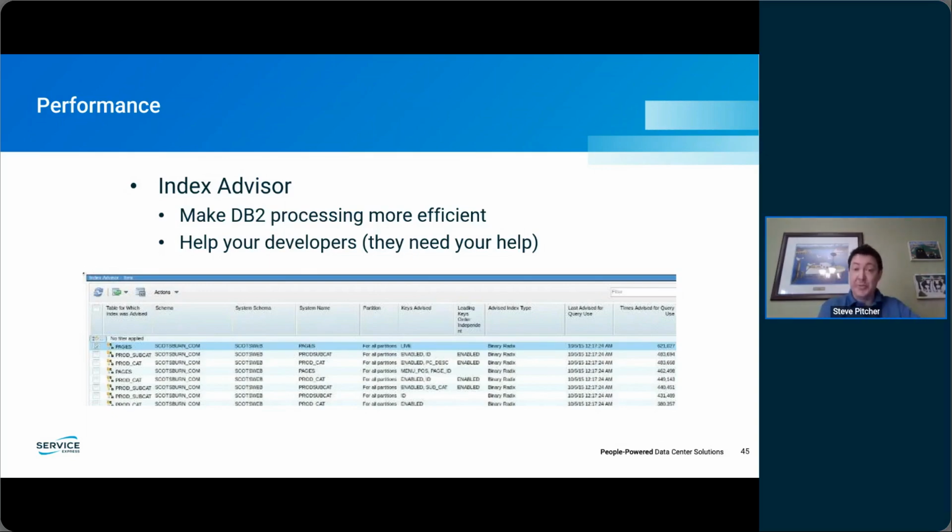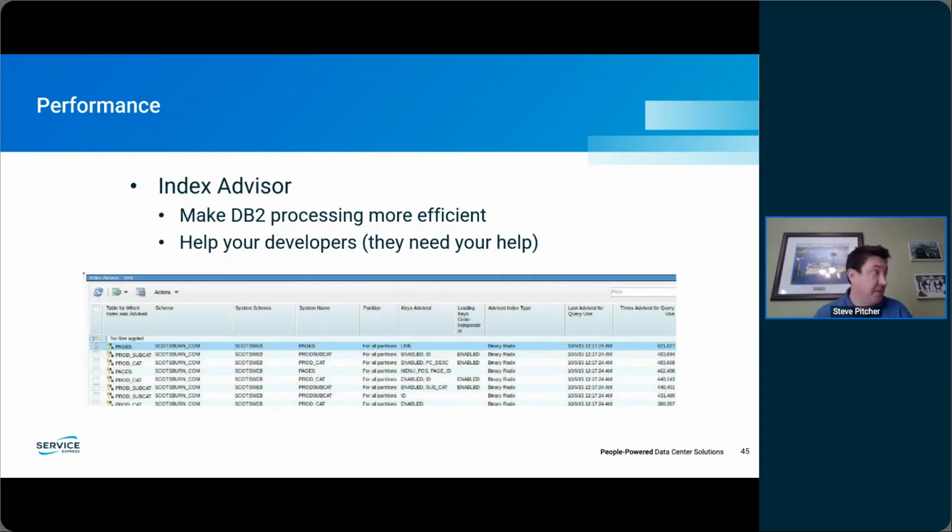So that's one thing we usually do. The other thing we do is look at things like Index Advisor. There's 3 things, actually. I'll get to the other one in a minute. But Index Advisor, every time you do a data access on the system, I don't care what you do, if you do RPG or Open Query File or SQL or whatever,